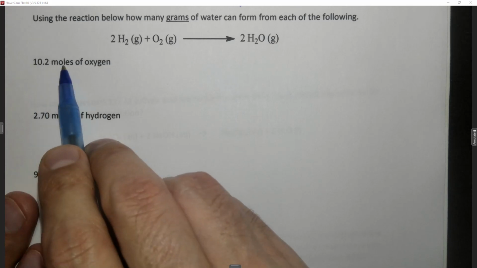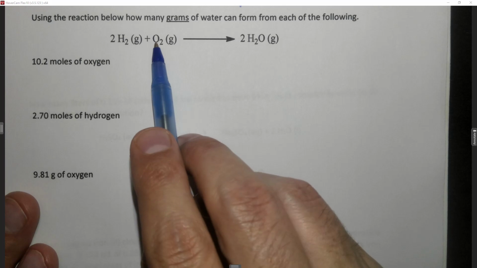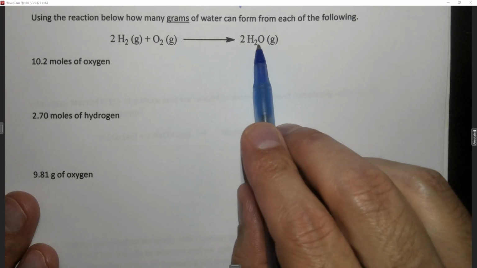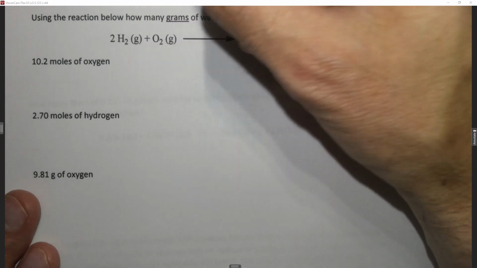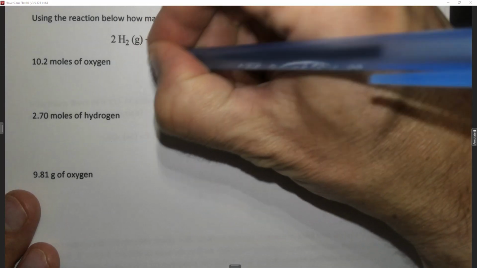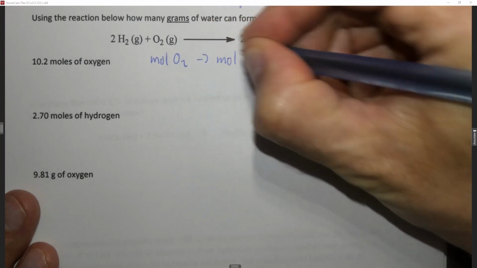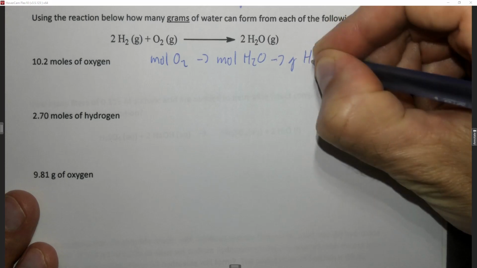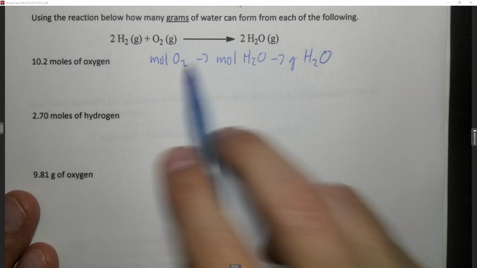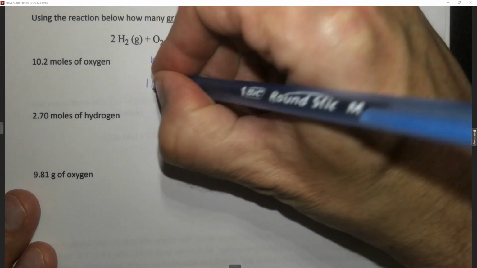So here we start with 10.2 moles of oxygen. There's no way to directly convert from moles of oxygen to grams of water. So you have to do it in multiple steps. Specifically, for a plan of attack, we want to convert from moles of O2 oxygen to moles of water, and then to grams of water. So we want to do it in 2 steps. Starting with 10.2